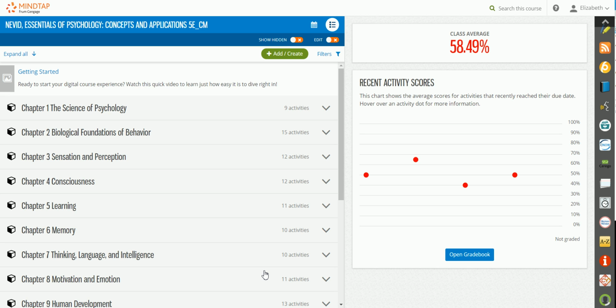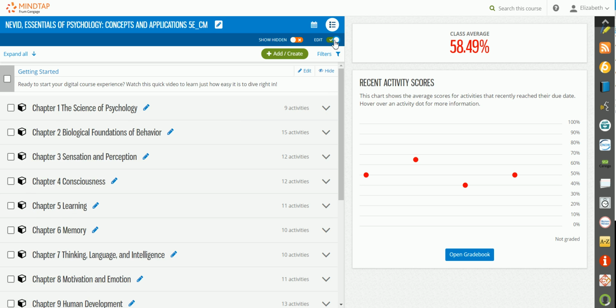In this video, we'll review the process for setting due dates within MindTap, as well as granting extensions for individual students. To set due dates within MindTap, we'll first turn on the edit mode. You can do this by hitting the edit slider to make sure that it's turned green. When you have edit mode on, you'll notice that you'll have check boxes next to each item, as well as